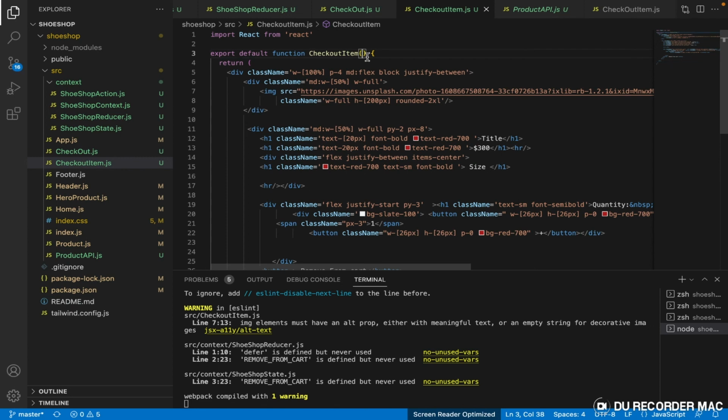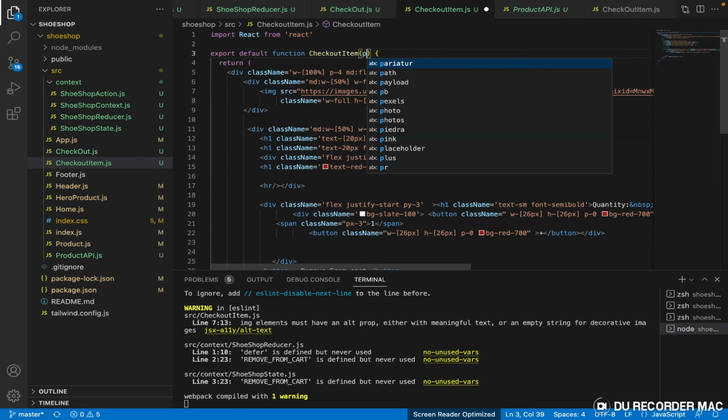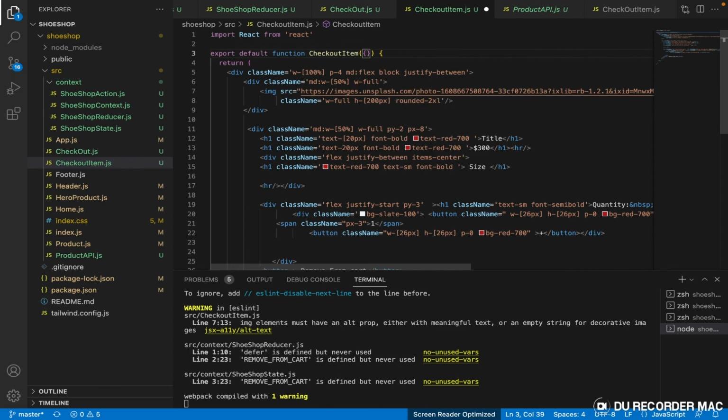So I'm going to say props, or I'll just destructure it, which is what I prefer. Just destructure it: quantity, image, size, and